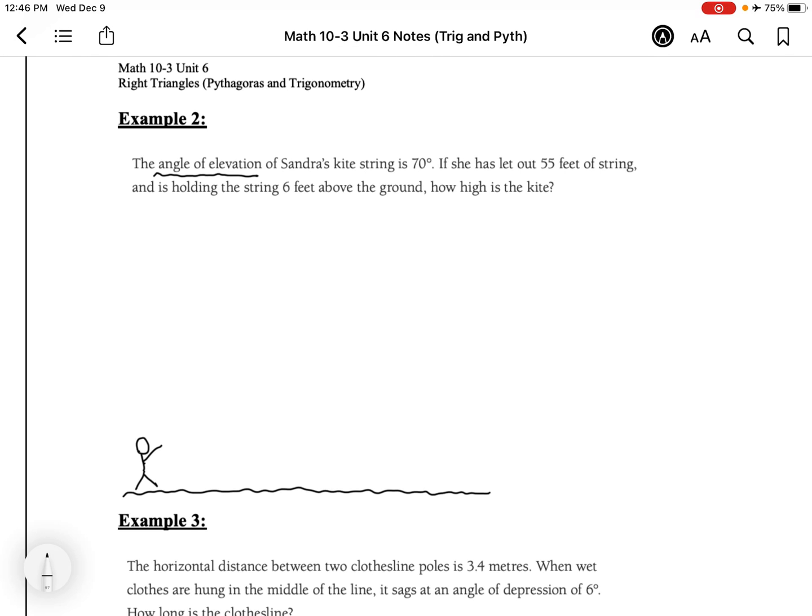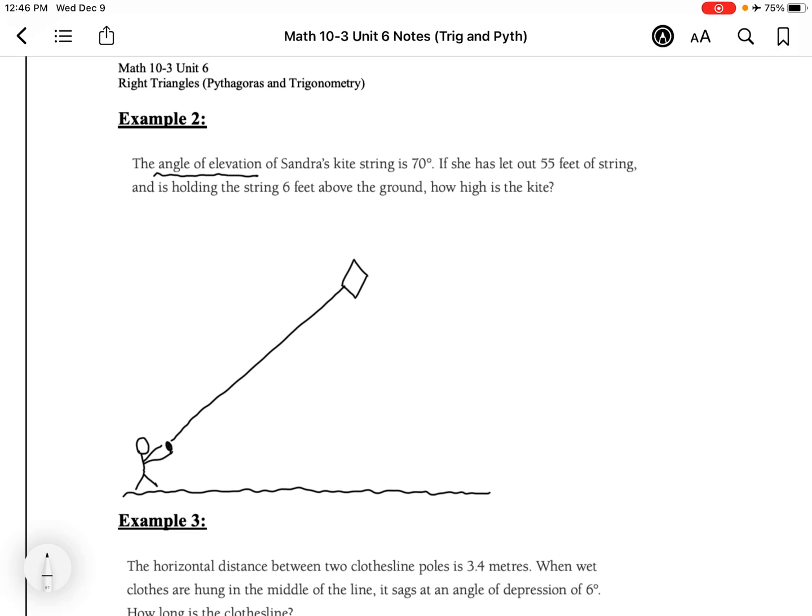She's holding this kite string. So here's the string, and here's the kite. Oh, I'm so bad at drawing. There we go. Okay, and basically that's the picture of what's going on. Now we can start to pick apart the details of the problem